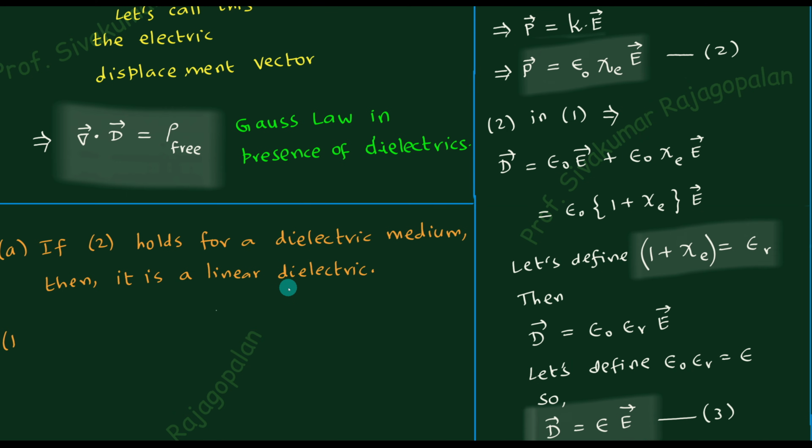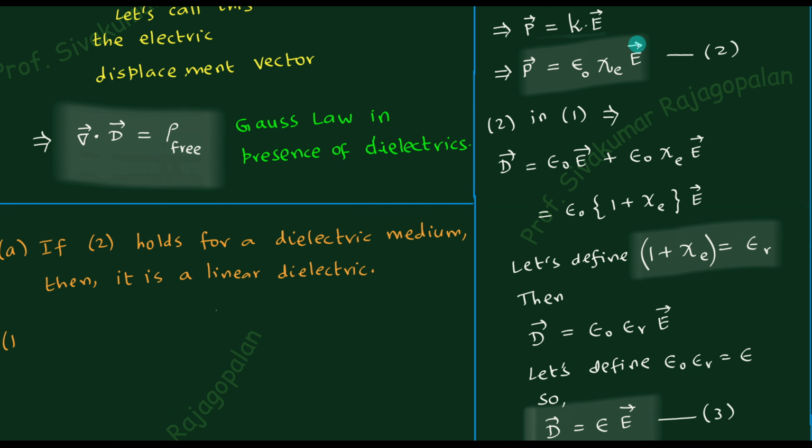Second point is about homogeneity. Linearity is the first one. The second thing is homogeneity. Homogeneity means how uniformly the material is polarized inside the volume of the material. The material is a three-dimensional object, right? So for polarization, this epsilon 0 is a constant, isn't it? It's a constant for vacuum. We don't want to distinguish between material and material. Epsilon 0 is going to be a constant, therefore it will not affect.